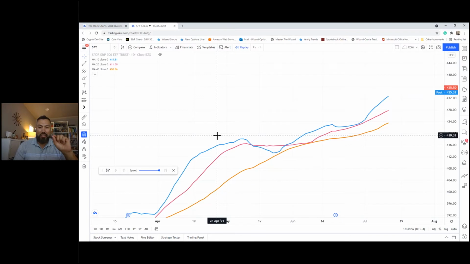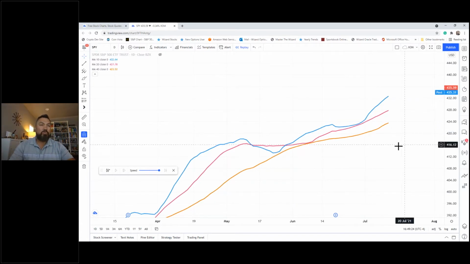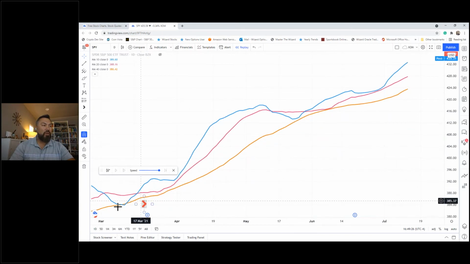So when I look at these lines, as long as we stay above this 40, that's an uptrend. Now you'll see a lot more up and down movement on a 10. You'll see a lot more trend change on a 10 average than you will on a 20. And then of course you will on a 40. You see how smooth this 40 days is. You see how there's very little movement. When I say movement, I'm talking about swings. You see how this goes up, it comes down, it goes up, it comes down across this, and it goes up. There's a lot more undulations here.